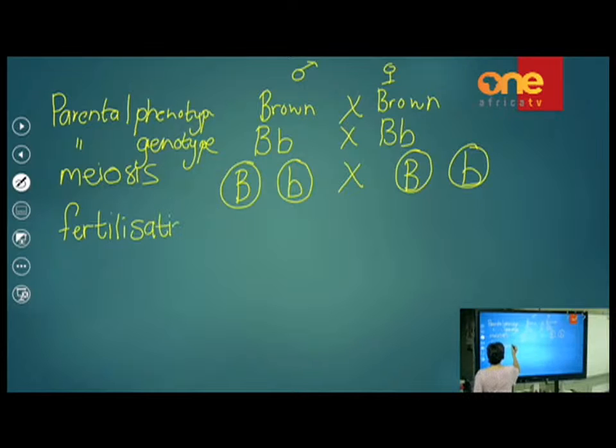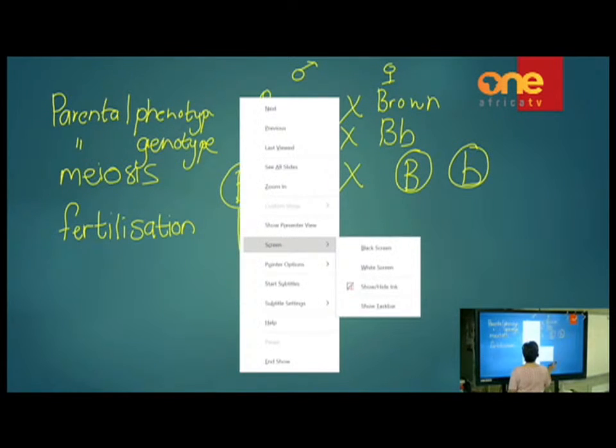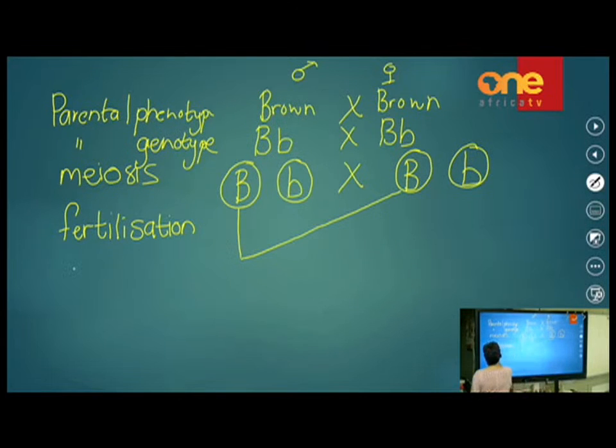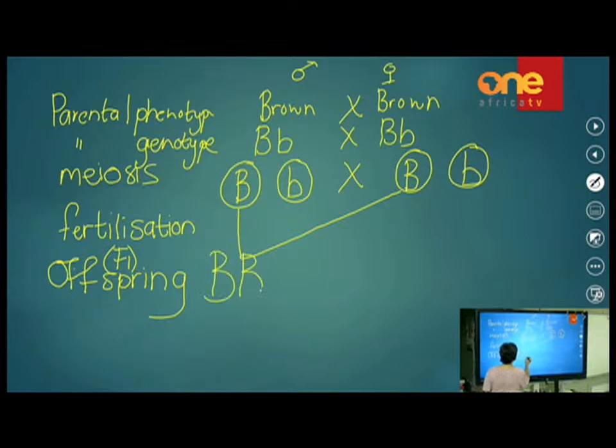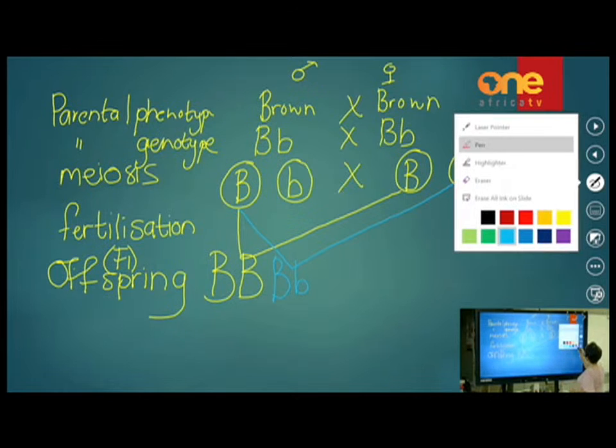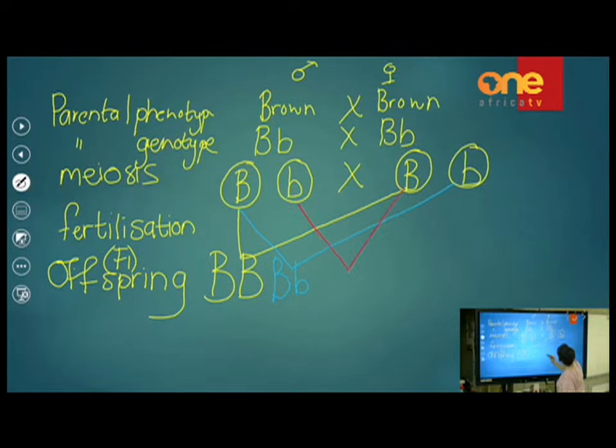Now fertilization will take place, and just to help me to concentrate, I am going to use different colors. So if this one fertilizes with that one, the genotype of the offspring, this is also called the F1 generation, will be capital B, capital B. You agree? Use that one. If that sperm fuses with that one, we will have capital B, small b. Okay? If this sperm fertilizes with that one, capital B, small b, and then lastly, if this sperm fertilizes